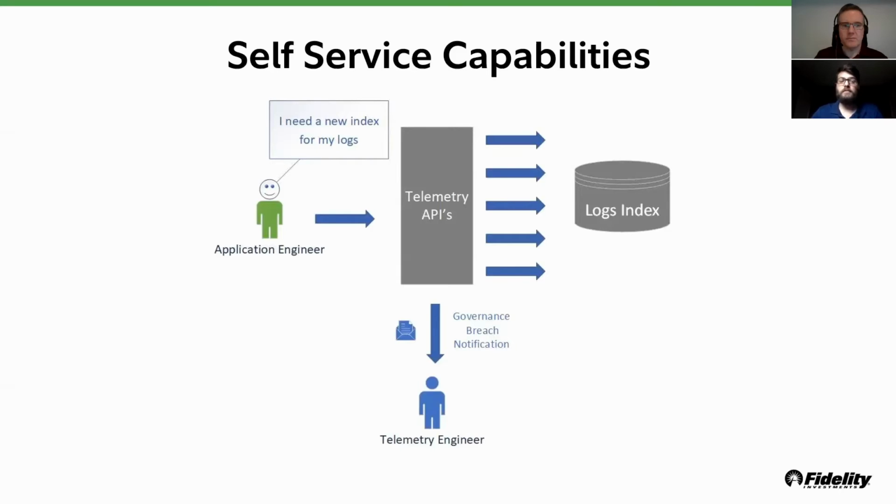In this example, a user would like to create a Datadog log index. They provide us a minimal set of data, and we take care of the various API calls that are required to create the roles, the indexes, etc. We also ensure that strict RBAC is enforced. Additionally, we enforce some standard rules around the types of log data that should be indexed. Through scheduled jobs, we examine all the log indexes and look for unauthorized changes to the default configurations. If we identify any changes, we are notified and we work with the engineering teams to address this.